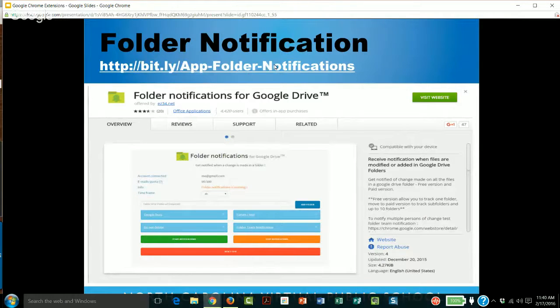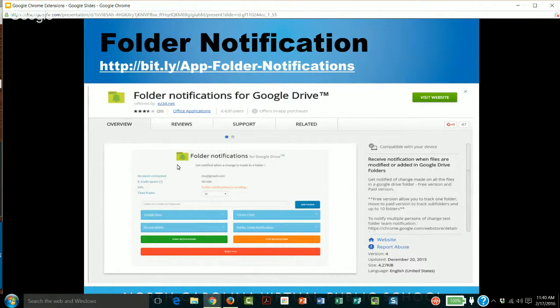Now, this is the only paid app that I use, but have you ever noticed when you're using Google Drive, Google Documents, Google Presentations, those kinds of things, that you don't ever get notifications when someone updates that file. Now you do get, and you can set notifications for Google Sheets. When someone completes a form, you can get a notification that somebody has submitted that information. Well, this is the folder notifications for Google Drive. And so if you want to create or provide